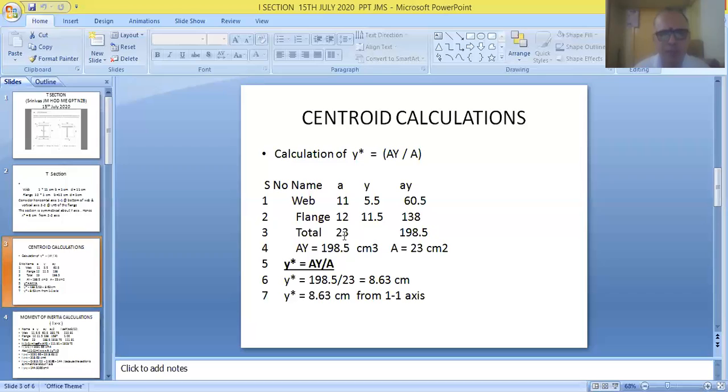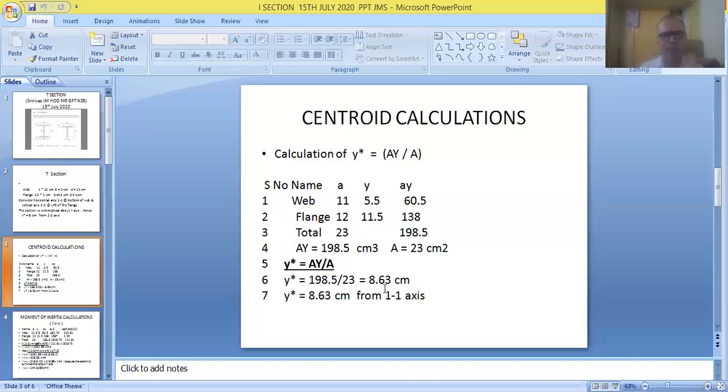So friends, these two values are very, very essential for measuring Y bar. It is written as sigma Ay by sigma A. So sigma Ay is 198.5, sigma A is 23, and make the calculations. Y bar will be coming to